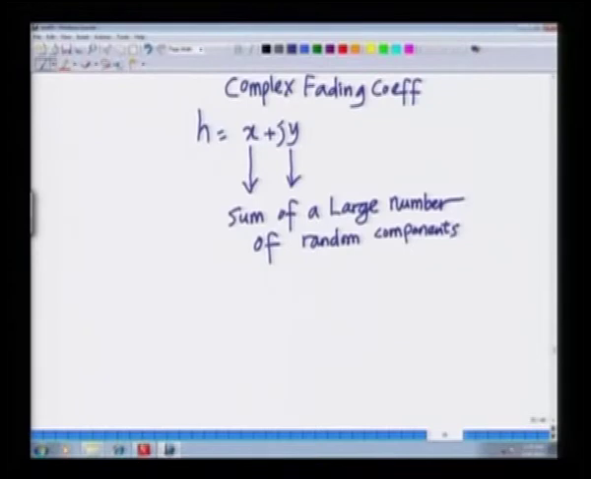Why are these components random? Because remember, each of these components is arising from the multipath environment. These correspond to every path, and these essentially correspond to the distance between the base station and the mobile station, and also how the scatterers are placed. What is the distance of the trees, what is the distance of the buildings, what is the distance of the cars, and so on. And each of them is a random quantity depending on the scenario,